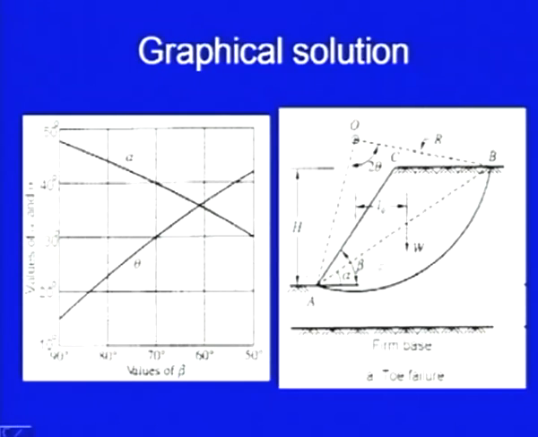This is the example here. So, we took this circular surface and then here it is the weight. Its lever arm is L0. This is the center of the circle. This circle we have taken arbitrarily as the first trial circle. This is the radius. So, we find out the weight of this wedge and the moment which this weight is trying to generate. And this moment is being resisted by the cohesive forces which are acting all along the periphery of this arc. So, if Cm is the cohesion,